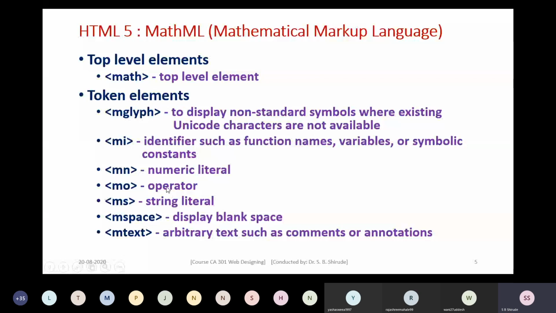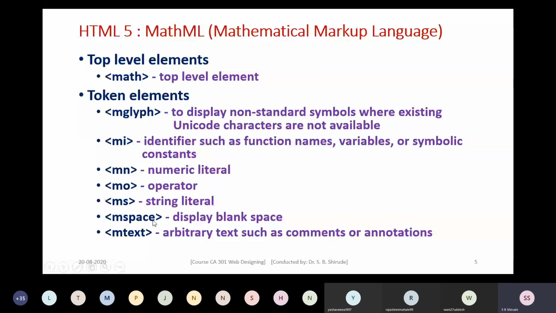By using the mo element, you can insert an operator. If you want to insert some string literal, you can insert it by using the ms element. If you want to display a blank space within the mathematical text, then mspace is the element that we can use.